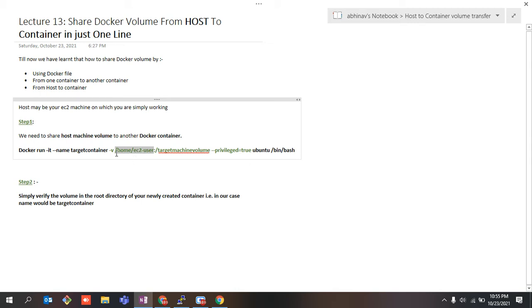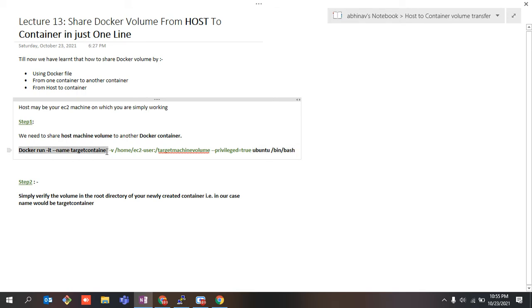I am going to share this particular location or this folder directory structure with the target machine volume. This is the name of the volume, and this will be getting created in my target container. So this is the command, as we all know, that is used to create a new container in Docker.